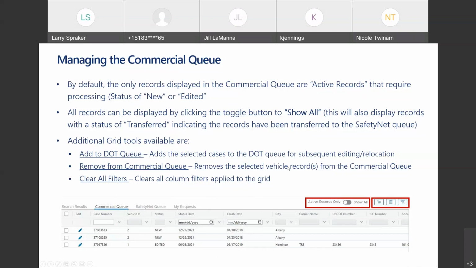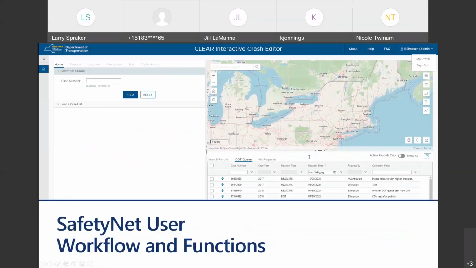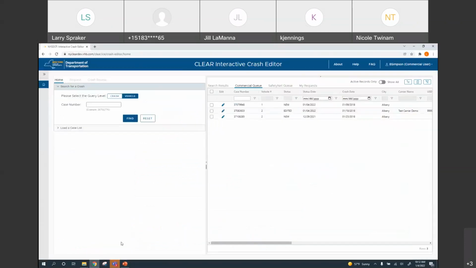Or you could do that as well as a SafetyNet user. Some of these you'll have access to as well. And then the clear all filters if they were filtering the grid, much like we were showing before. So I'll stay there and do the last little bit of demo with this, once again just showing this